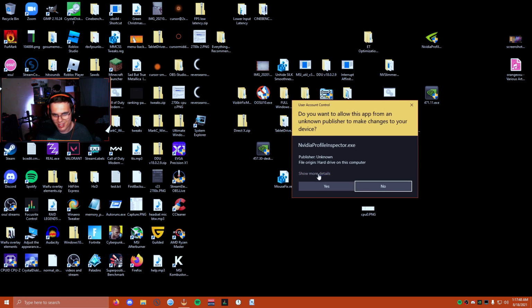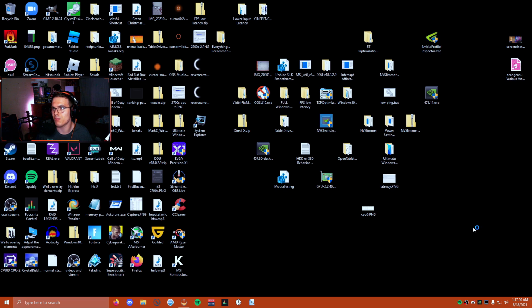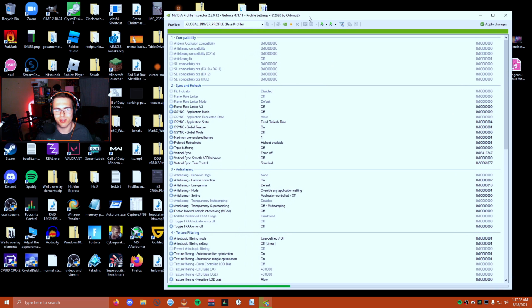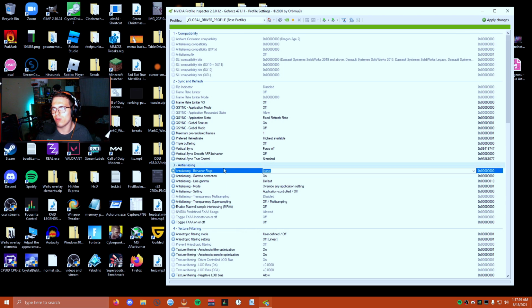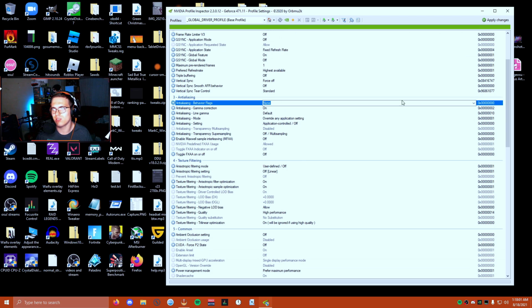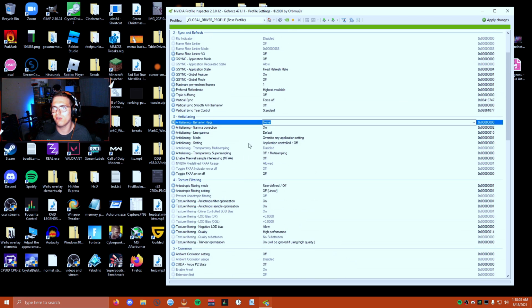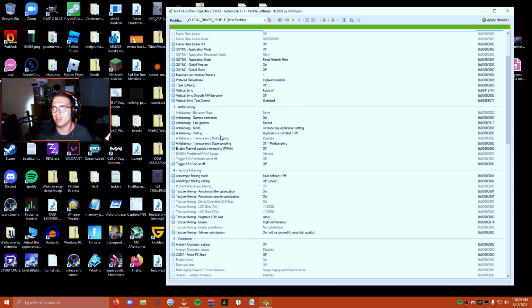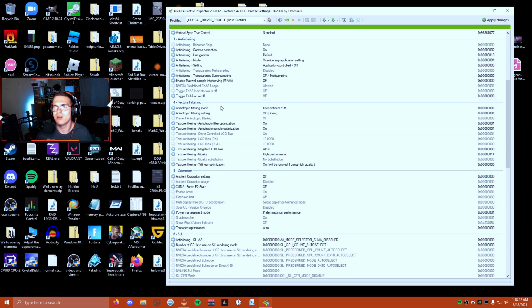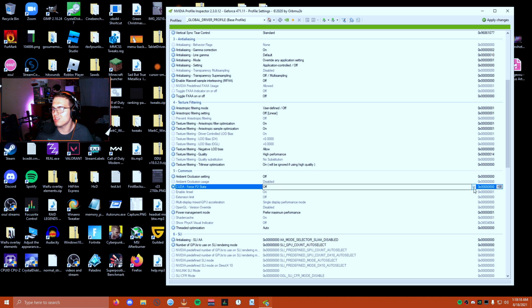Now this is where you're going to see the most performance jump. So once you've installed either the raw clean driver, or you have already installed a clean driver before, if you are a tweaker or someone who tweaks drivers in Windows and all this other stuff, you'll know about this program. But if you don't know what this program is, essentially it's the hidden Nvidia settings that you cannot see. So once you're in this program, go ahead and scroll down to CUDA Force P2 State and